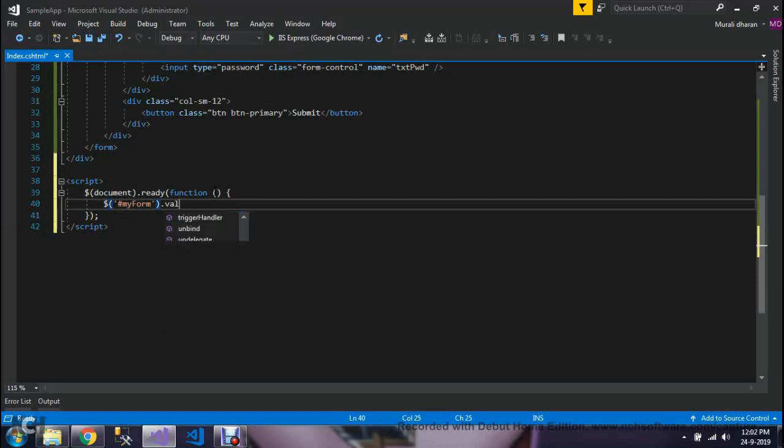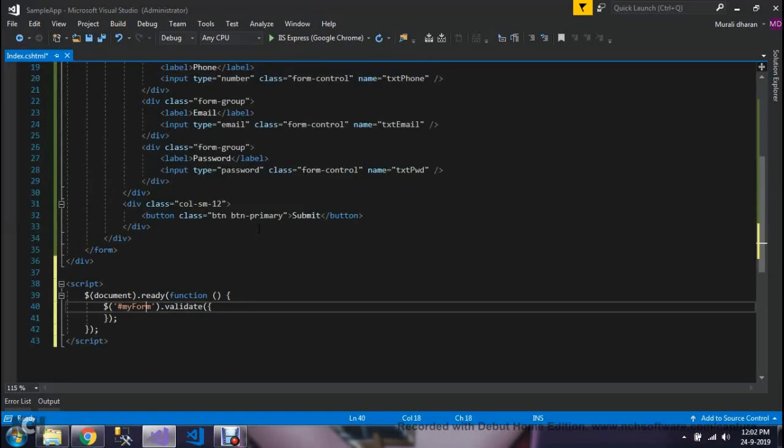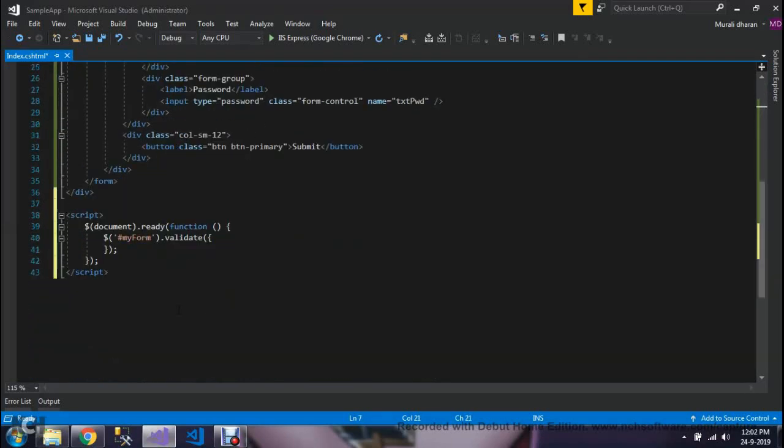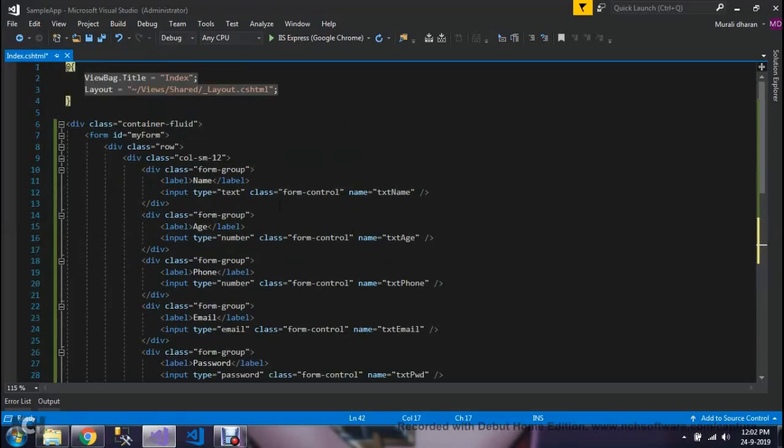myForm.validate is an object. Okay, myForm is the ID of our form. So first, we need to set the validation rules and we need to provide the messages for the validation. That's the basic concept jQuery validation uses. So first, we need to provide rules keyed by the name of the control. So text name